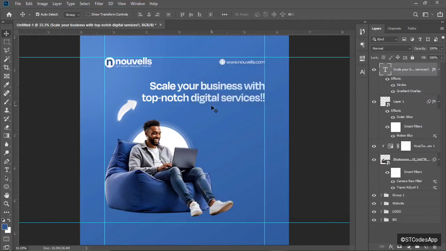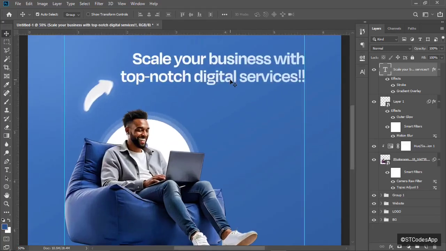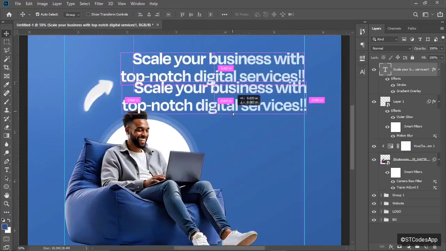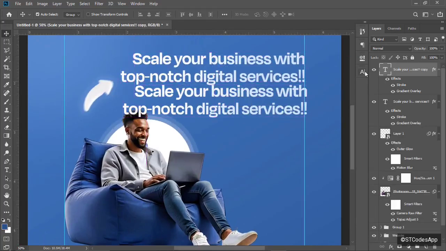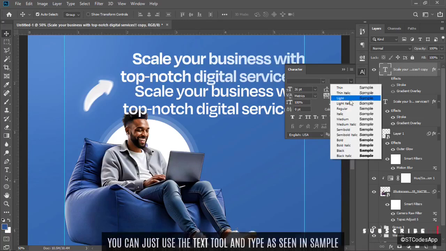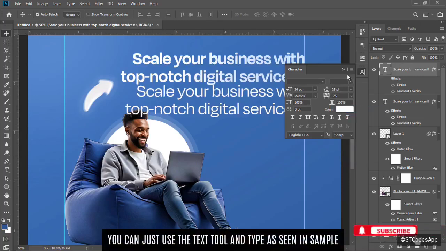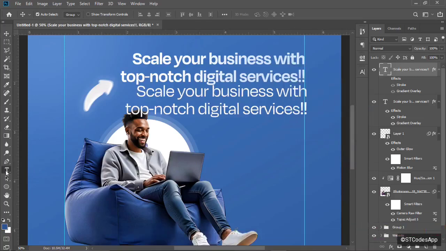Alright, I think that will do. The next thing I'm gonna do is duplicate this by holding Alt, drag it down a little, and remove all the effects and make it regular. Since I've made it regular, I'll go to my text tool and type what is underneath, which is